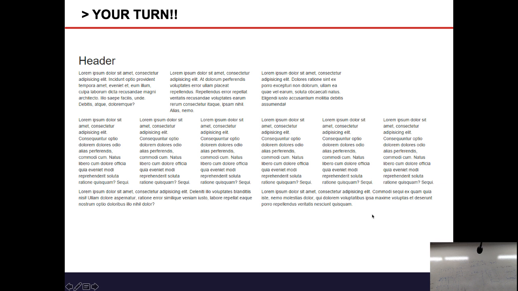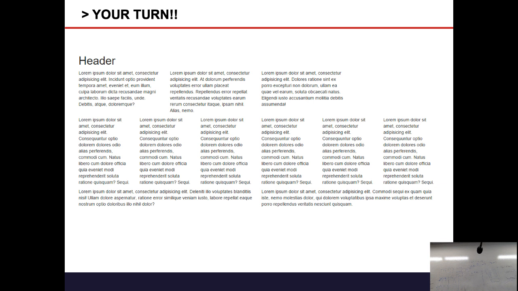Before that, what is happening? How many rows do I have? I have one header. This is not a navigation, it seems like a section, so I can consider this a row. Second row, third, fourth row, right? Then come back to our grids. This was the first row. This is just one column. If I just want one column, what number should I use? 12. Excellent, because I want to take up the whole space.